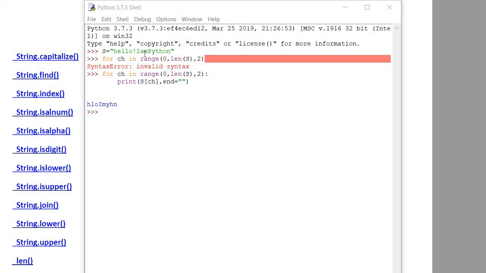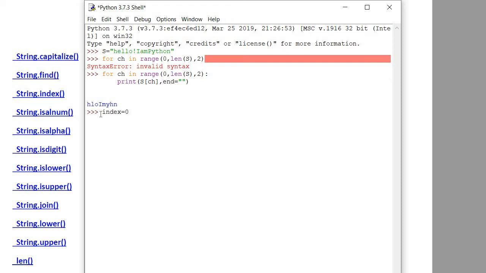Now we will see how we can traverse a string by using a while loop. Fine. So we are already done with the for loop. Now for the string, we will mention one variable, because if we are using a while loop, we need one variable that is called index. Fine, we will initialize this variable.